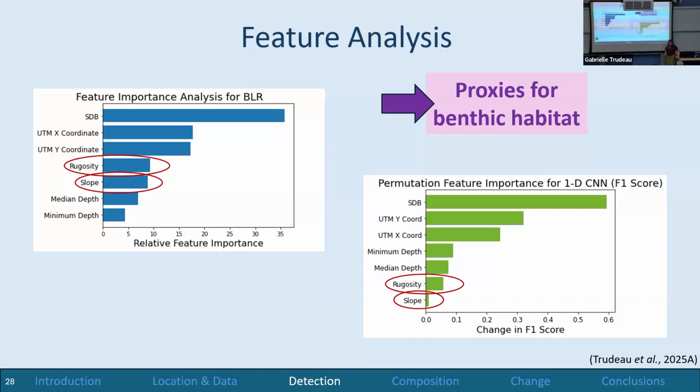Adriana, do you have a question? Yeah, could it be that the CNN is finding its own proxies for rugosity and slope, and that's why it's not using them? 100%. Whereas the VLR is just straight. Yeah, oftentimes neural networks detect features that we can't put words to. So rugosity and slope do a less good job, if you will, because it's actually learning something that is maybe a combination of all of these things and there's no label to it. But yeah, that's a great point.